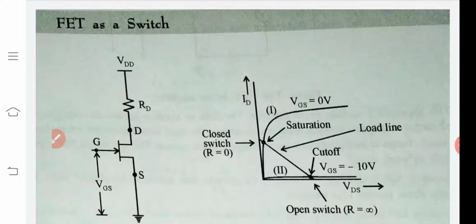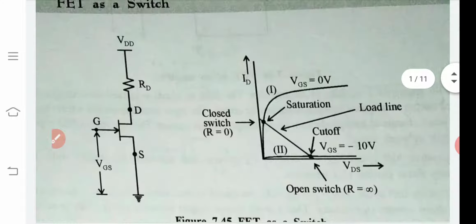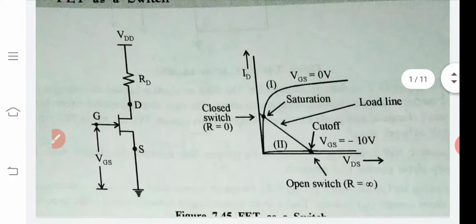How does a MOSFET or FET work as a switch? How can we explain it? So, the circuit diagram: gate, drain and source, a three terminal device. FET and MOSFET both are. The gate is used for controlling the output current ID, and charge flows from source to drain, and current flows according to charge.